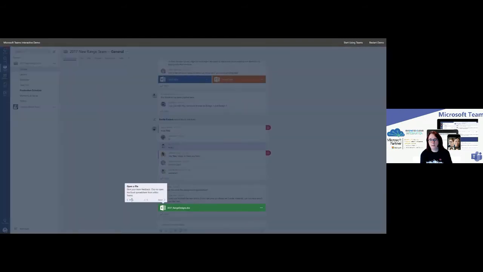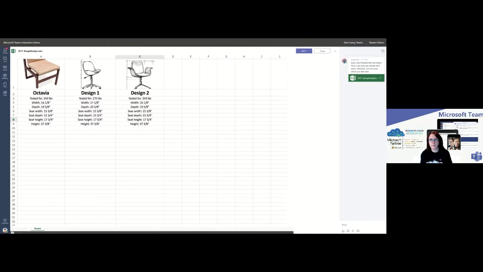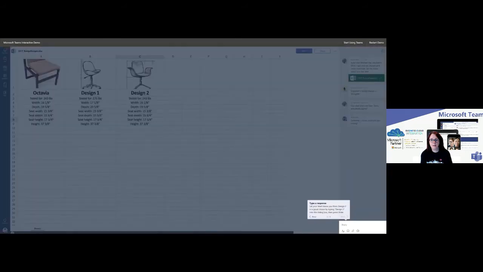Now I've been tagged in a document within this conversation. Through the magic of Teams, I'm immediately able to view that document in the Teams editor. By clicking on the document, I can see a live view of it, and on the right-hand side I can see a conversation of what's just been happening within the document. People are already reacting to the document, and now I can also add my opinion to these chosen designs. So I'm going to pick design 2,